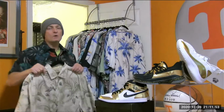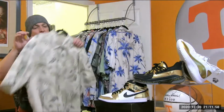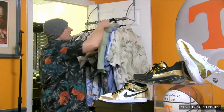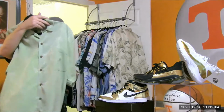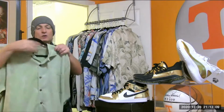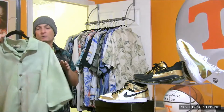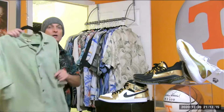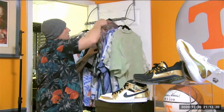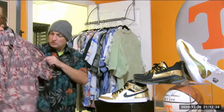This is more not really a Bahama shirt. It's more of a jungle shirt, but it is a Tommy Bahama shirt. So it's definitely one of my down to my least favorite areas too. And then we have now this right here. One thing I don't like about this shirt is, besides the fact the collar does not like to stay straight, is that you can barely see the palm trees on this, and they're white, they're there, but you can barely see them. So this one right here's got more of maybe that 70s look,